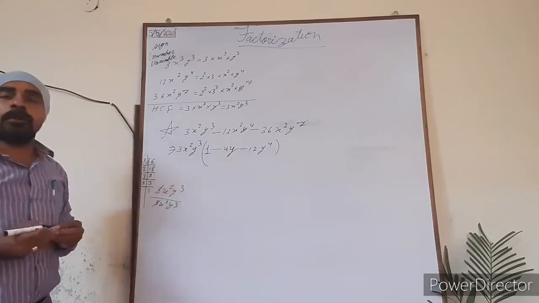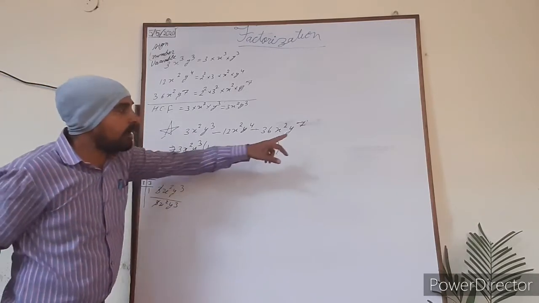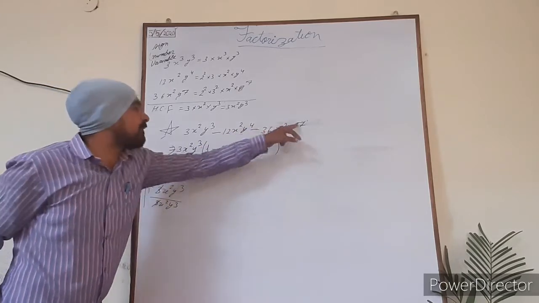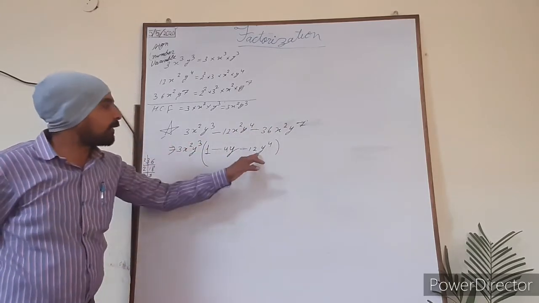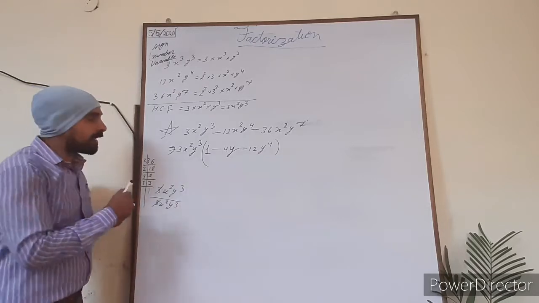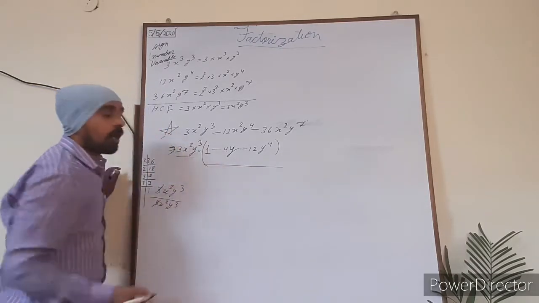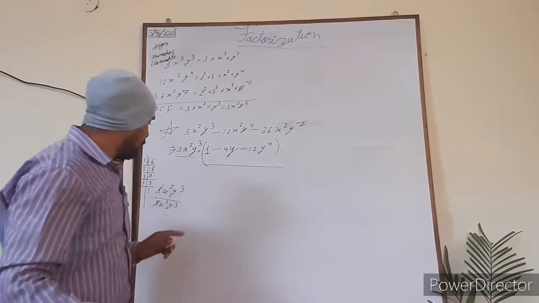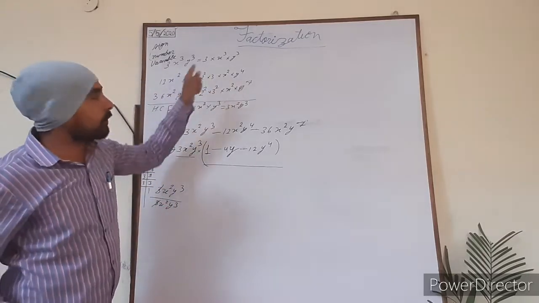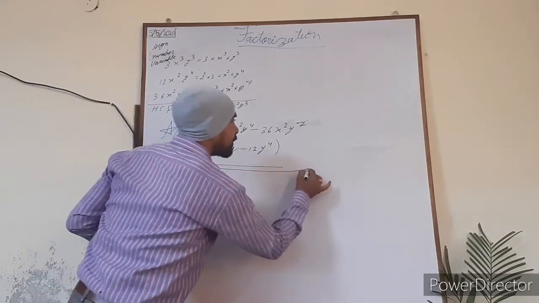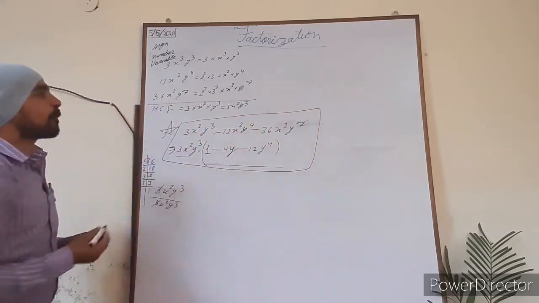Why? Because in the case of division the power is subtracted. So when y to the power 7 is going to be divided by this y cube, that will be 7 minus 3, that is 4. So y to the power 4 will be here. Now you can see that this is this multiplied by this. So now this is in factorization form. As you can see here, this is in factorization form. So this is the factorization of this question. So this question has been totally solved by me.